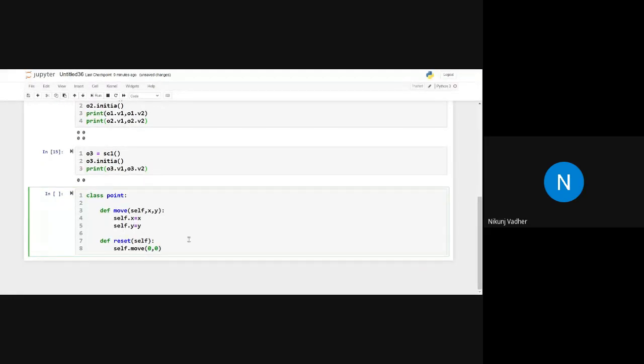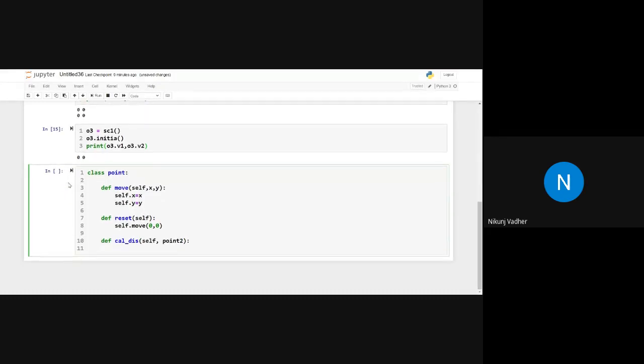Now, if you imagine the class Point, which other method can we implement? Let's say we implement a method which will calculate the distance between two points. Let's try to implement it. Let's say def calculate_distance, and there we will pass two references: first the object itself, and another reference, let's say another point.